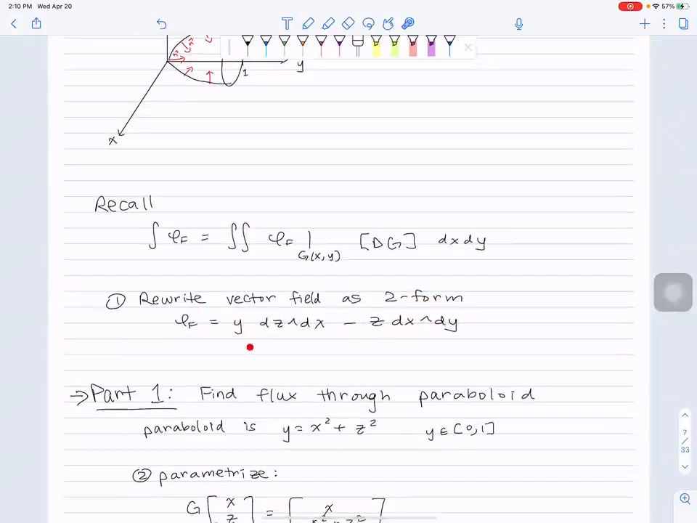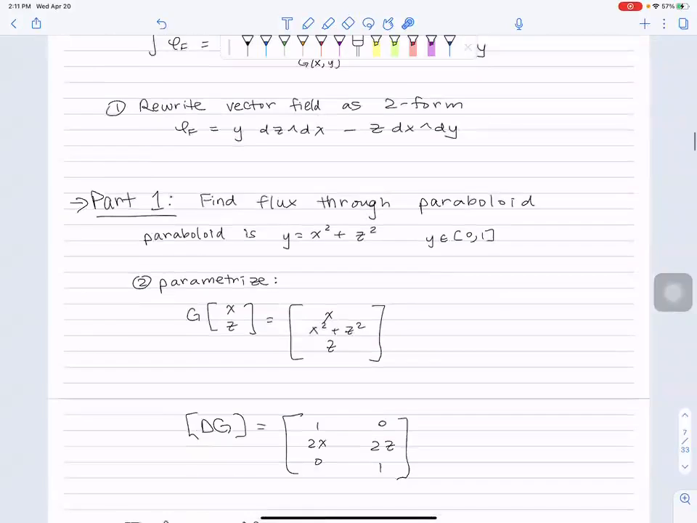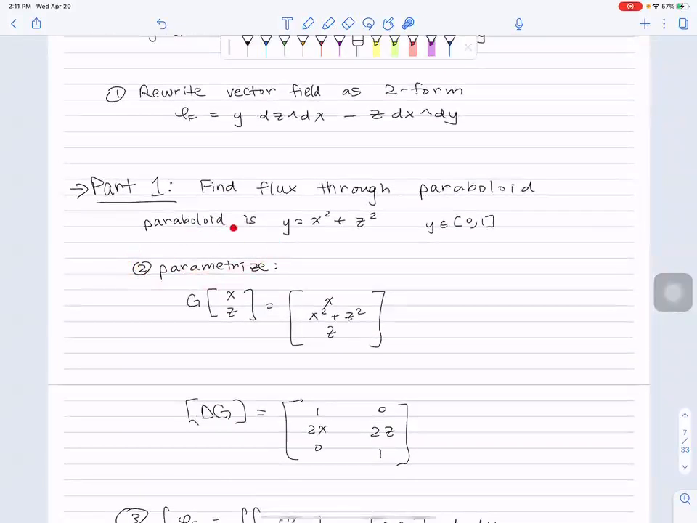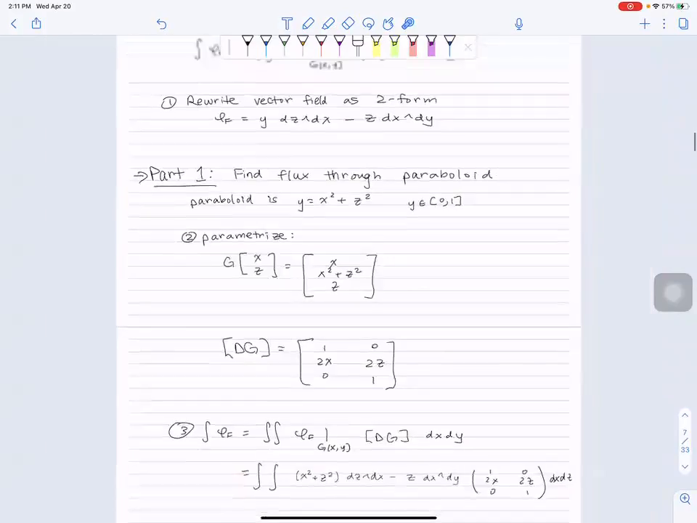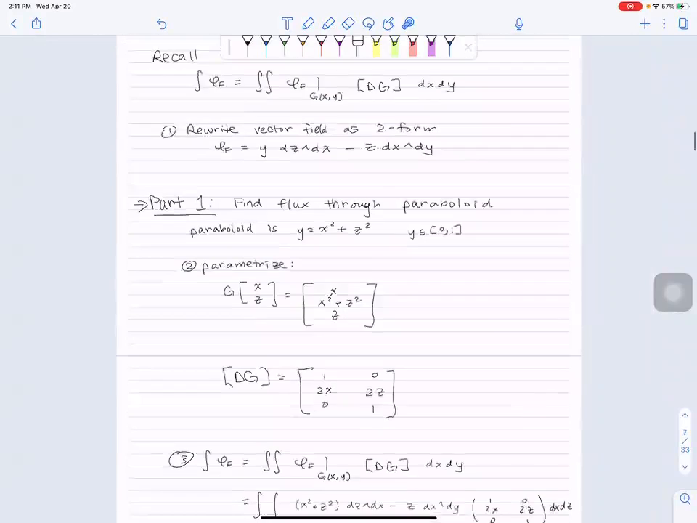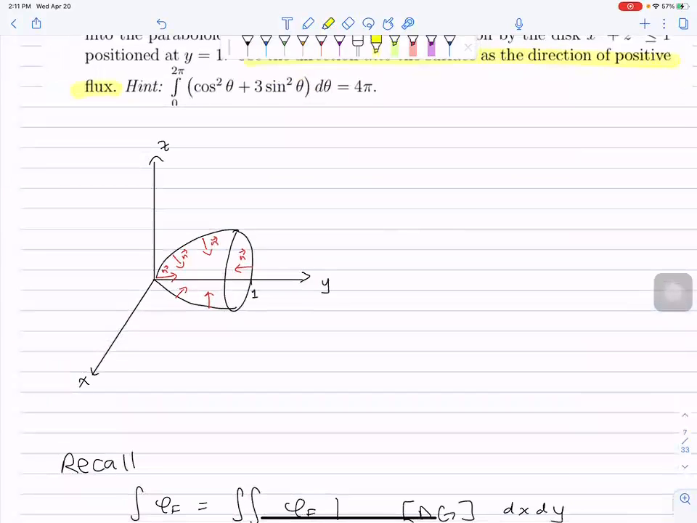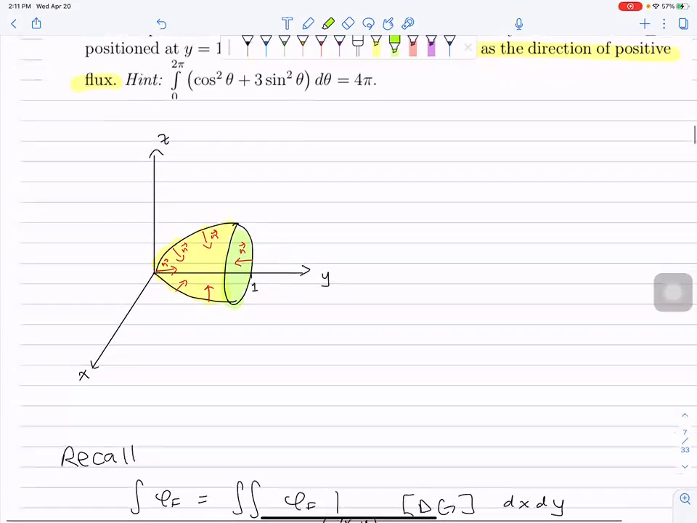So I write my vector field as a two form. We always need to do that. What do I also always need to do? I need to parameterize my surface. So we can first look at this surface. Think of this object as two surfaces. You have the circular part, the cup part, and then you have the lid part, the flat part. So it's this surface and this surface together that gives our whole shape. So if we look at the cap part of our shape,